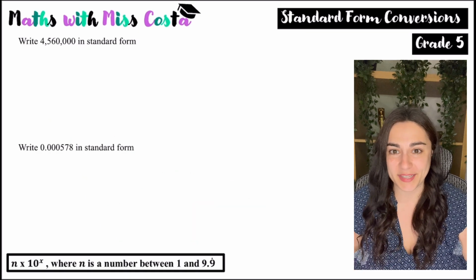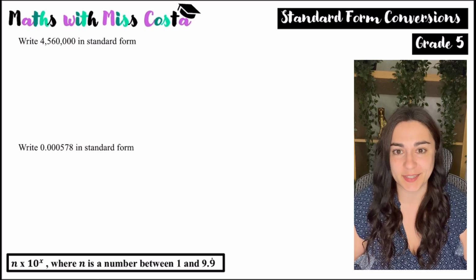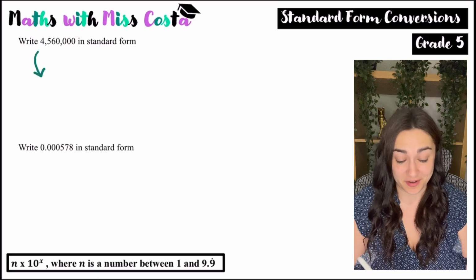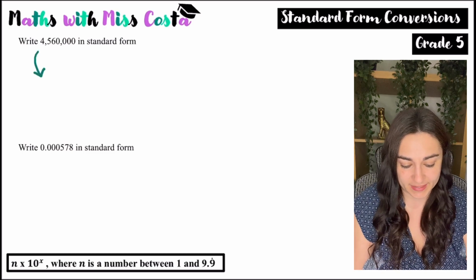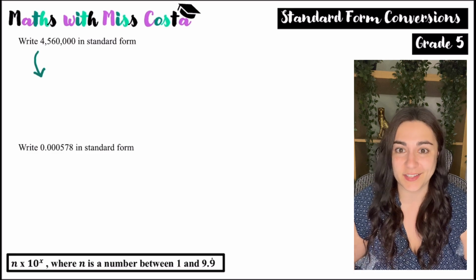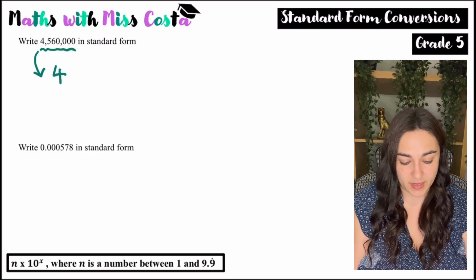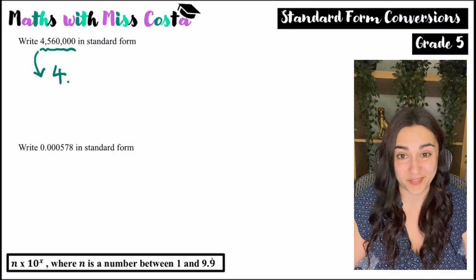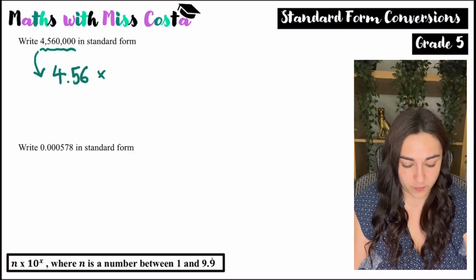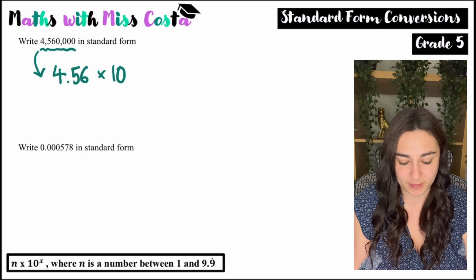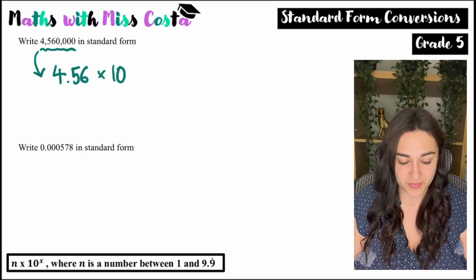Okay, so here I'm dealing with standard form conversions, and when I'm writing something in standard form, I want to convert my number into a digit that's between 1 and 9.9 and times it by 10 to the power of something. So I keep all of the digits the same. I just put a decimal point after the first non-zero digit. So that would be 4.56 times by 10 to the power of